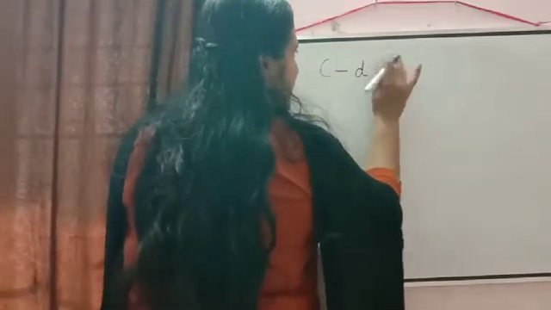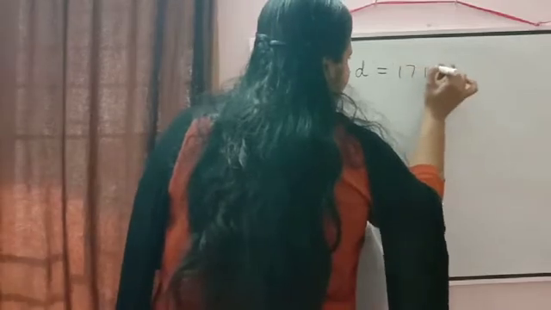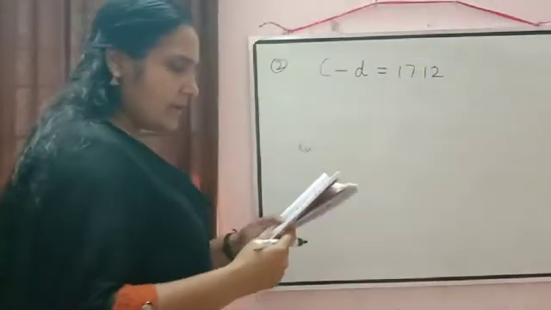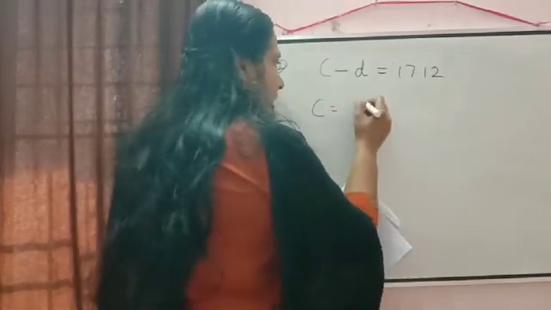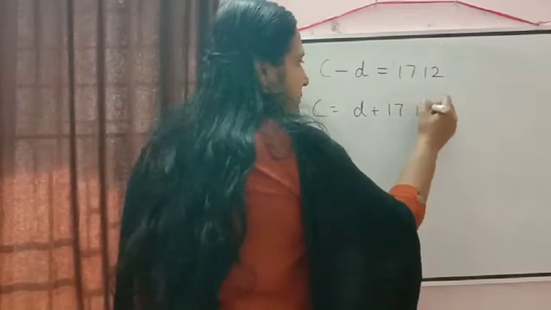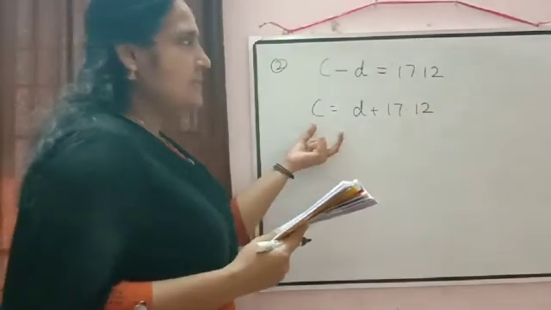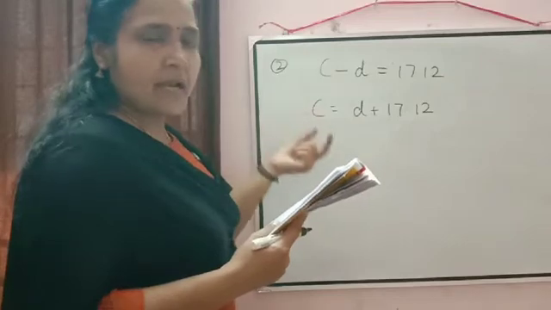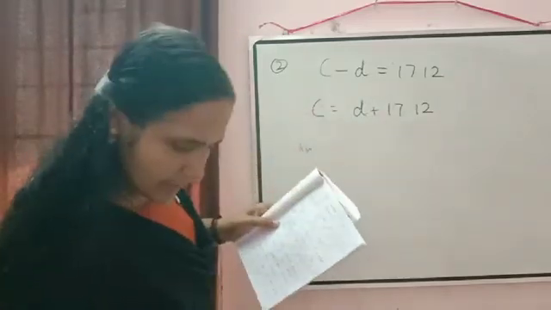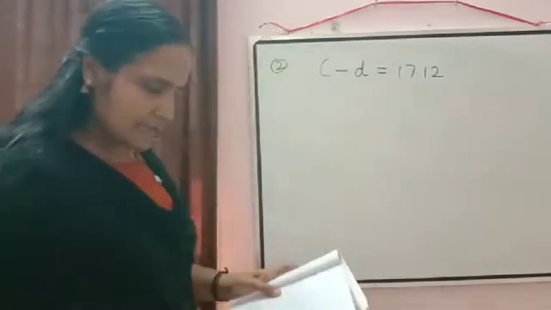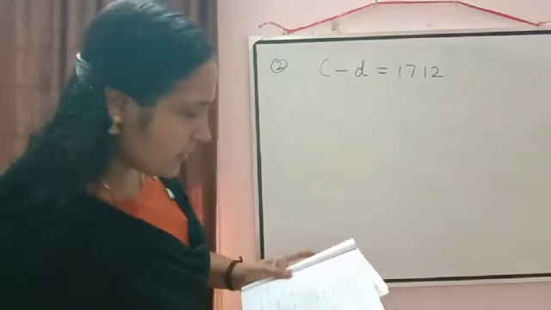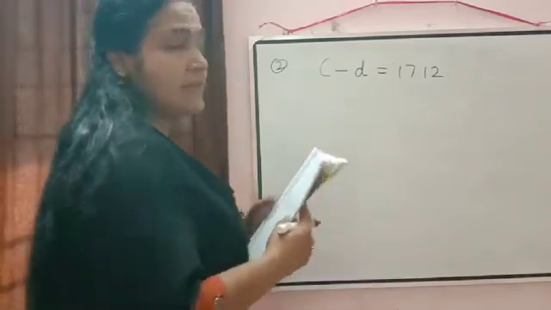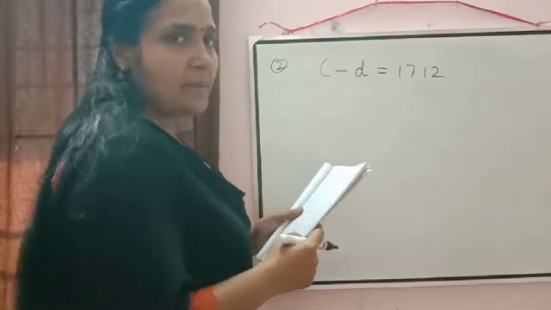So directly we can write circumference minus diameter is equal to 17.12. It is given. Or if you want, you can write in this way also: circumference is equal to diameter plus 17.12. So either you can write in this way or in this way. Both are correct only. Okay. So first I wrote in that way. Now we can check what information is given. Check in the question, it is already written use pi is equal to 3.14. So if the instruction is given in the question, then we have to use pi is equal to 3.14 only.